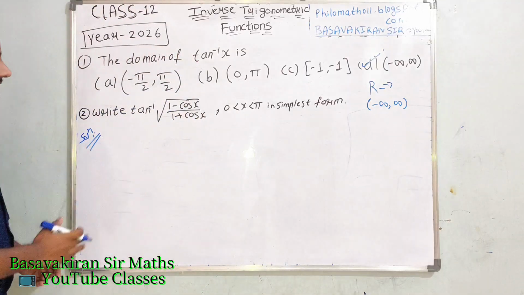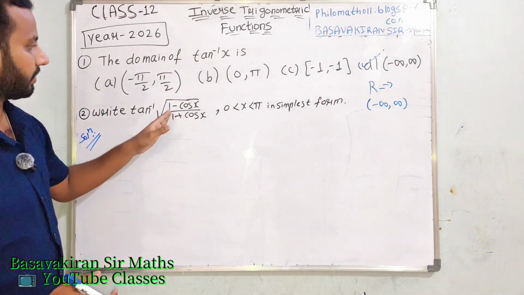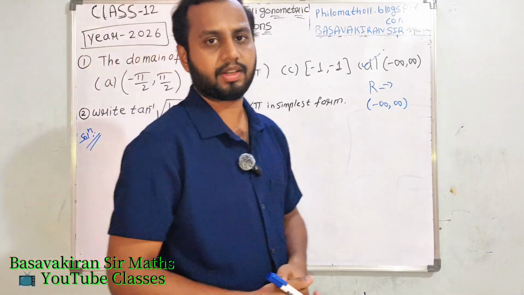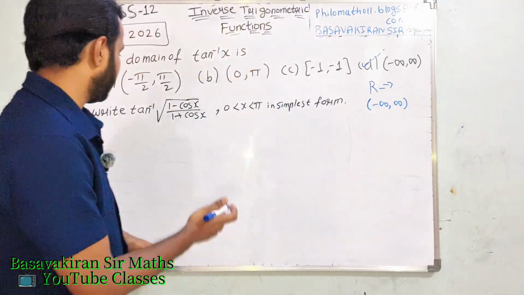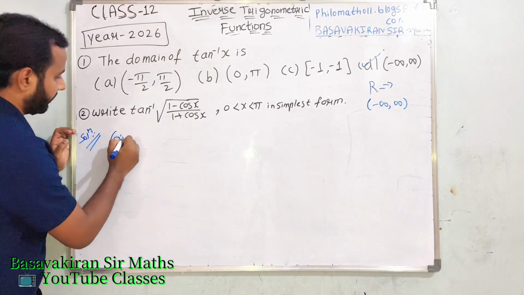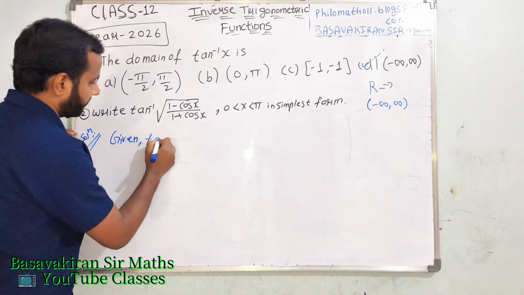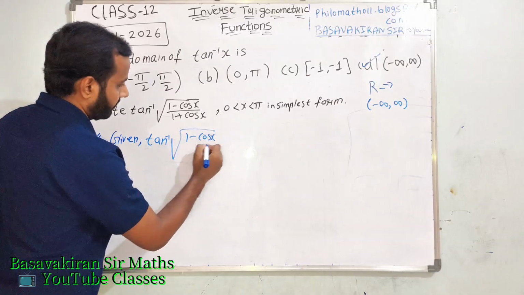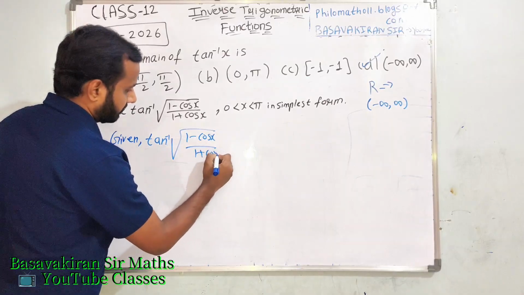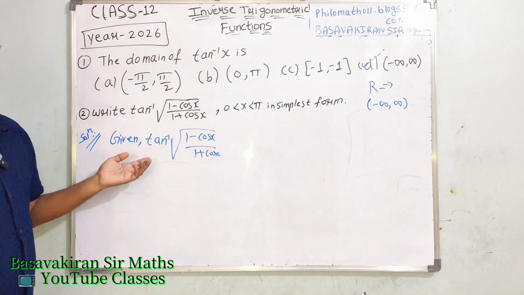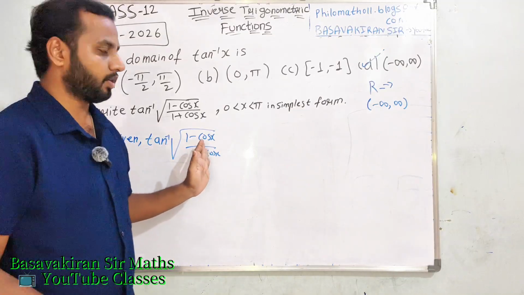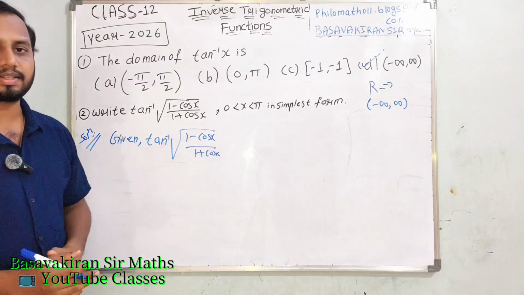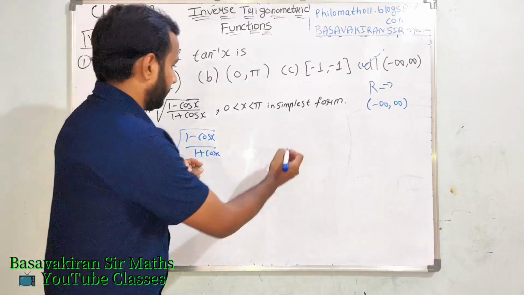Now the second question is: write tan inverse of x under root of 1 minus cos x divided by 1 plus cos x in the simplest form. We need to convert the question into the simplest form. Let us solve it. Let us write the given data first: tan inverse of x under root of 1 minus cos x divided by 1 plus cos x. Now outside is tan inverse of x. I need to try to make the inside part tan theta, then only cancellation will be possible. Now I know that